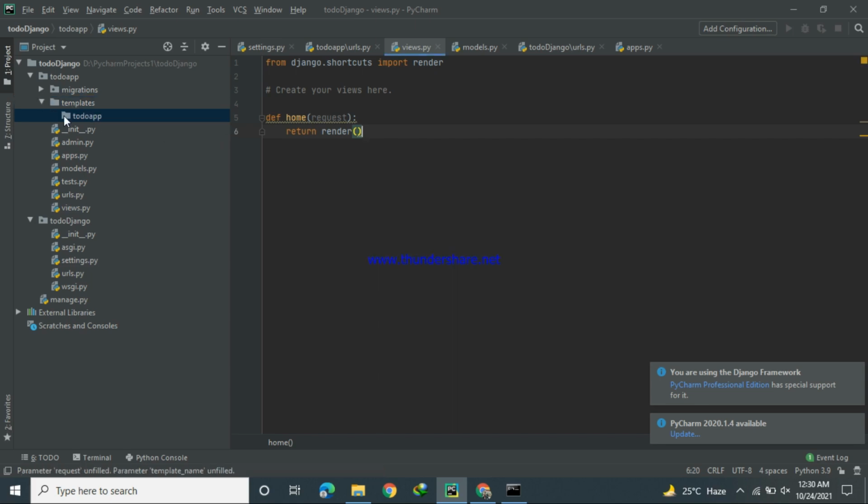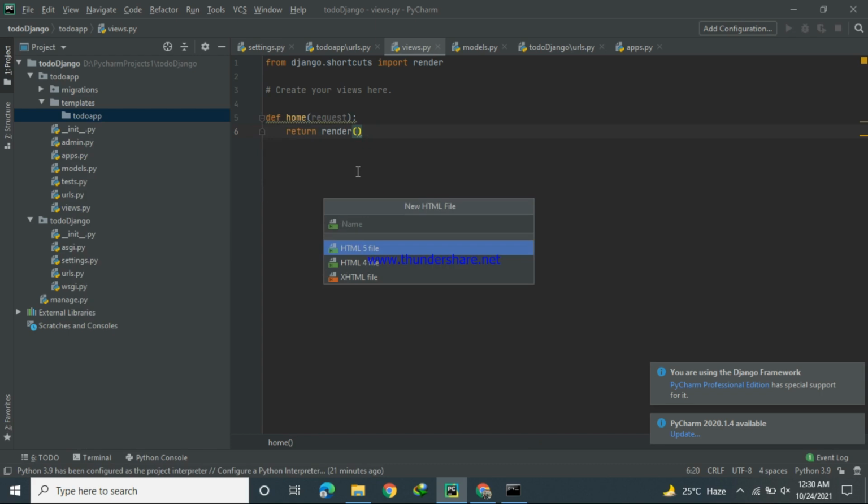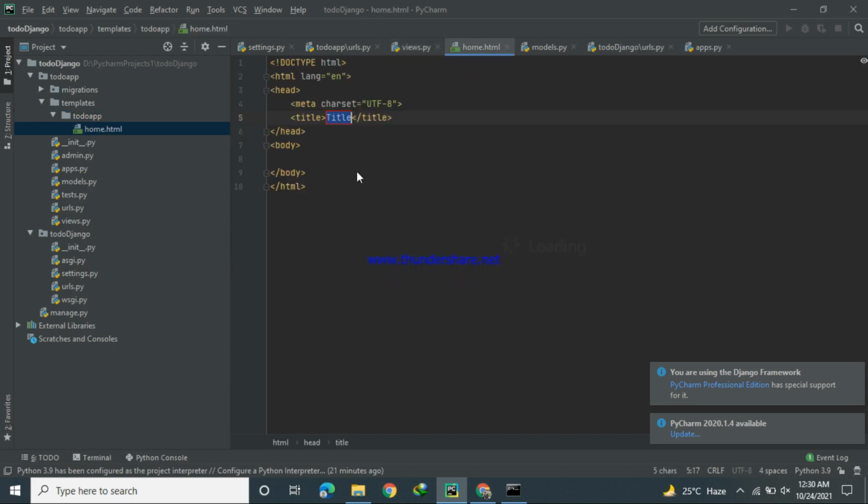In Todo app we have an HTML file, home.html. Here I will write: welcome to awesome Todo web app.